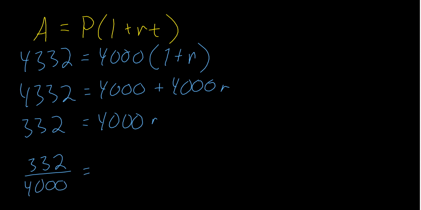4,000, that's equal to my rate, which is going to be equal to, and this is the easiest calculator work I've done all day, 332 divided by 4,000. All right, so it is 0.083, or in other words, 8.3%. Okay, so I'm going to